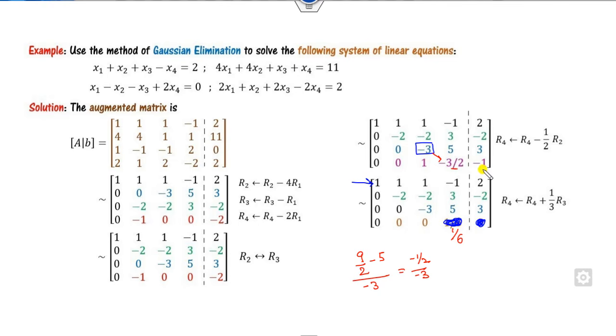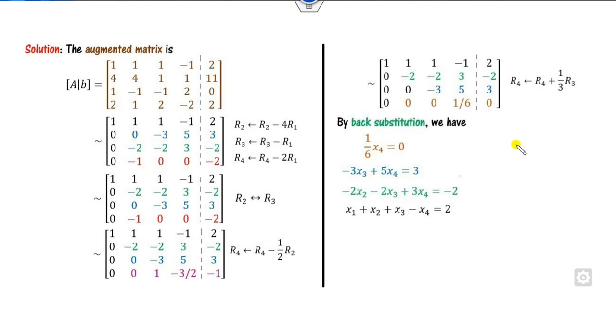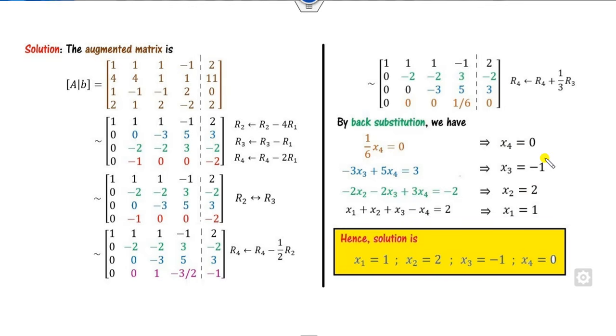How do you find this? Now the previous value is this, box element for making this and this. So +3 -3 divided by the box element is my 0. Now because this is the last element, there is no element below, you can write in terms of x1, x2 here. So from this you can find x4 as 0. From this I can substitute the value of x4 here, x3 is -1, and by back substitution, we can get the required solution.